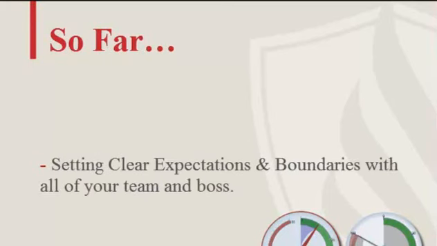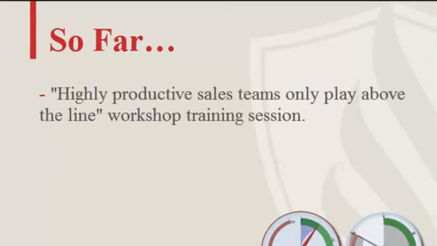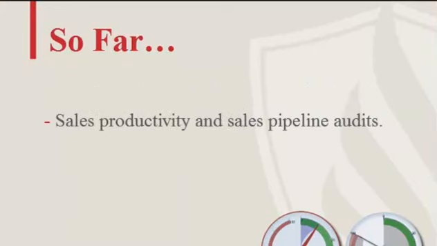By now you've also set clear expectations and boundaries with all your team, and that's really going to be important when we go into today, because one of the primary aspects of motivation is your team knowing exactly what is expected of them. And in fact the opposite is also true. So if they don't know what's expected of them, then that actually leaks motivation. And also by now you would have run your highly productive sales teams only play above the line training session with your team. And then 2 web clinics ago, we covered off sales productivity and of course auditing your sales